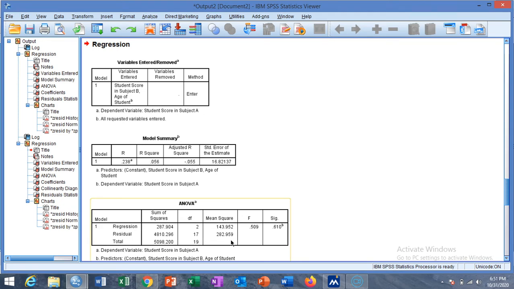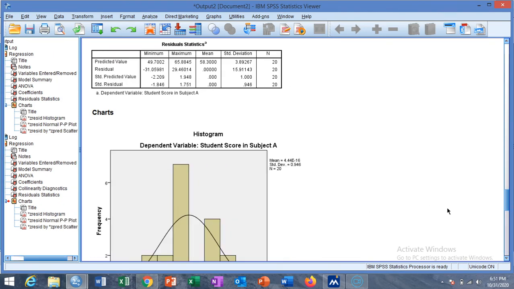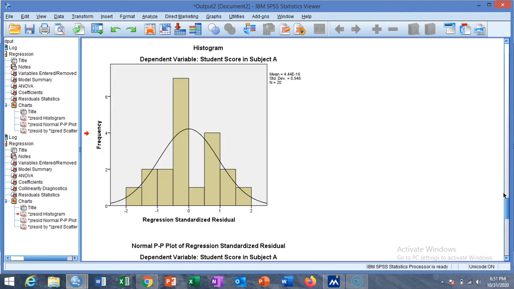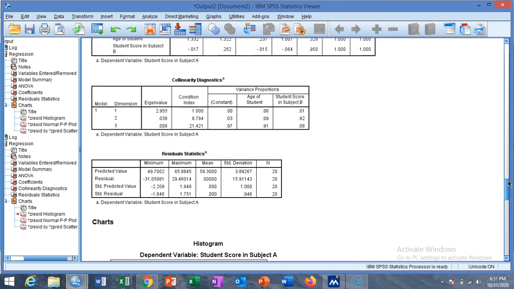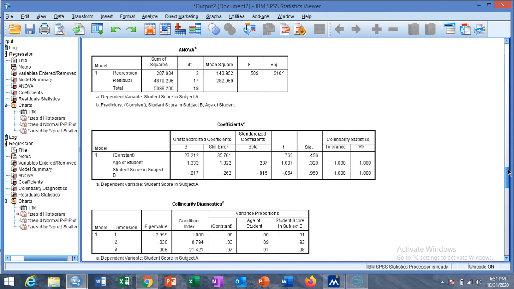And the ANOVA also suggests that the model is not significant, meaning that beta 1 and beta 2 both are equal to 0.